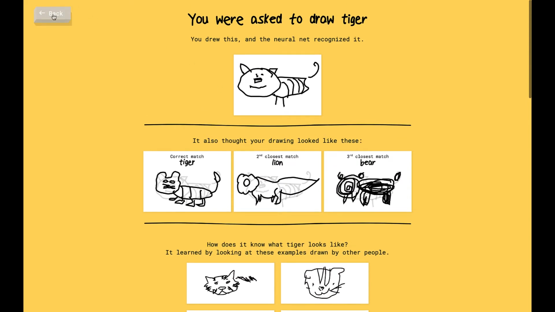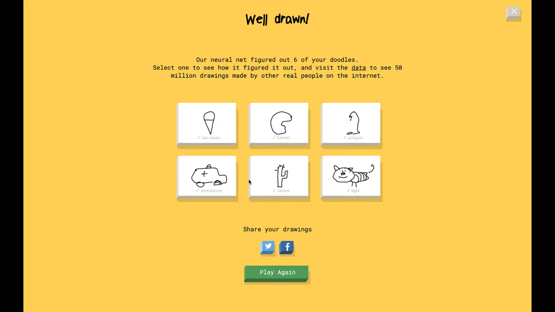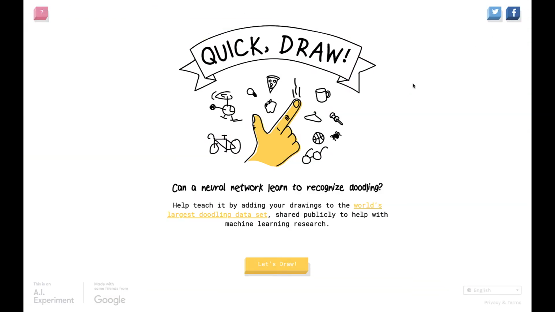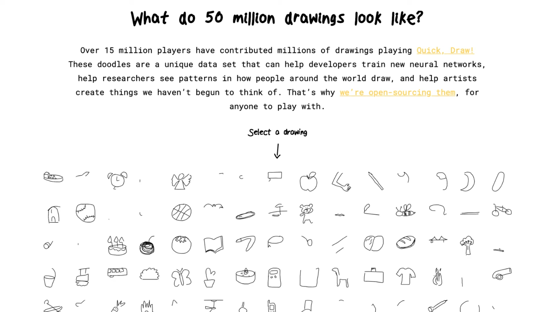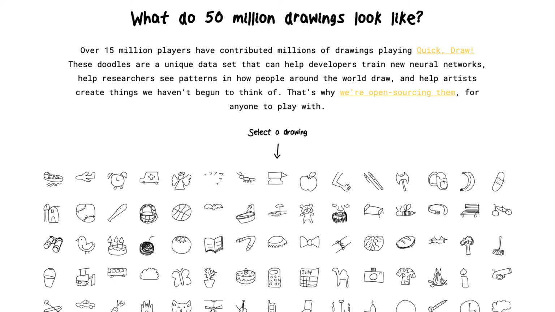So what we're really doing here, just so you know, is teaching the machine by lots of examples what objects look like. Now, if I go back to the front page here, you'll notice there's a link that says, we'll teach it by adding your drawings to the world's largest doodling dataset. If I click on that link, it'll take me into this, which is 50 million